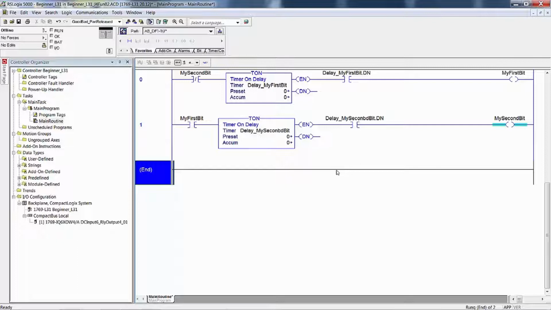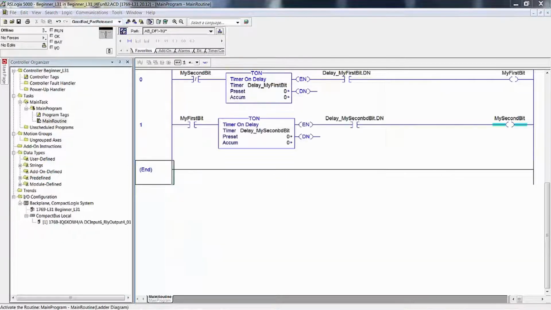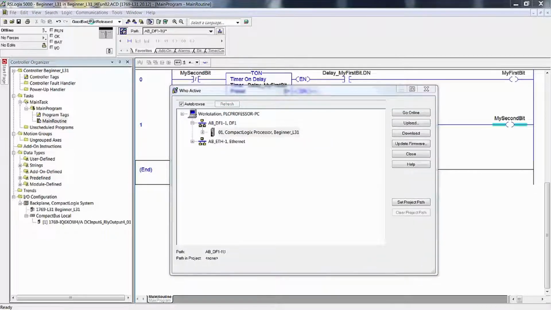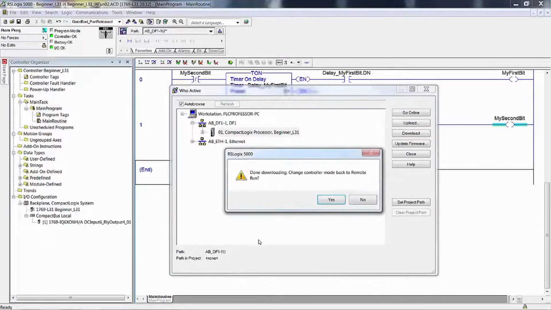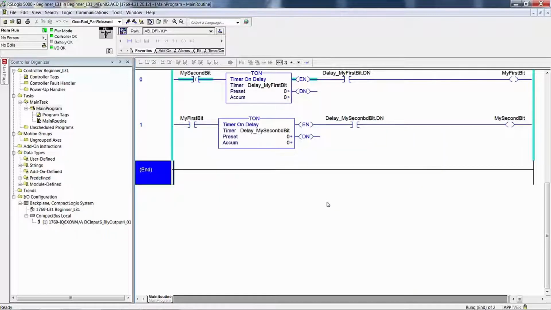Page 119 or so, in the step there, we have the logic that you see in front of you, and we wanted you to save, so we will save this. It is just for fun too, so we'll save it, download. Now we download, go online in the run mode and test our code. One thing to note here,